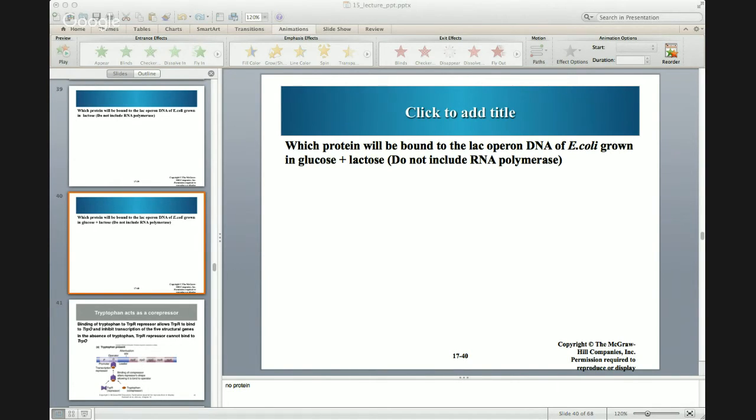Okay. And as a result, you will have low levels of transcription of those genes, but it just won't be enhanced because the cyclic AMP-CRP complex will not be there to enhance transcription of the genes of the lac operon, right? Okay, so let's move on